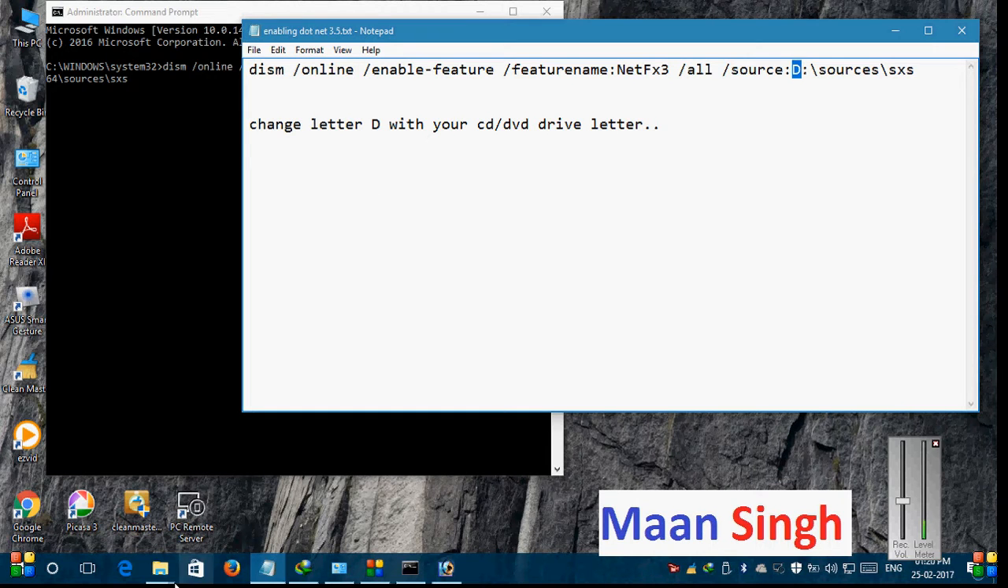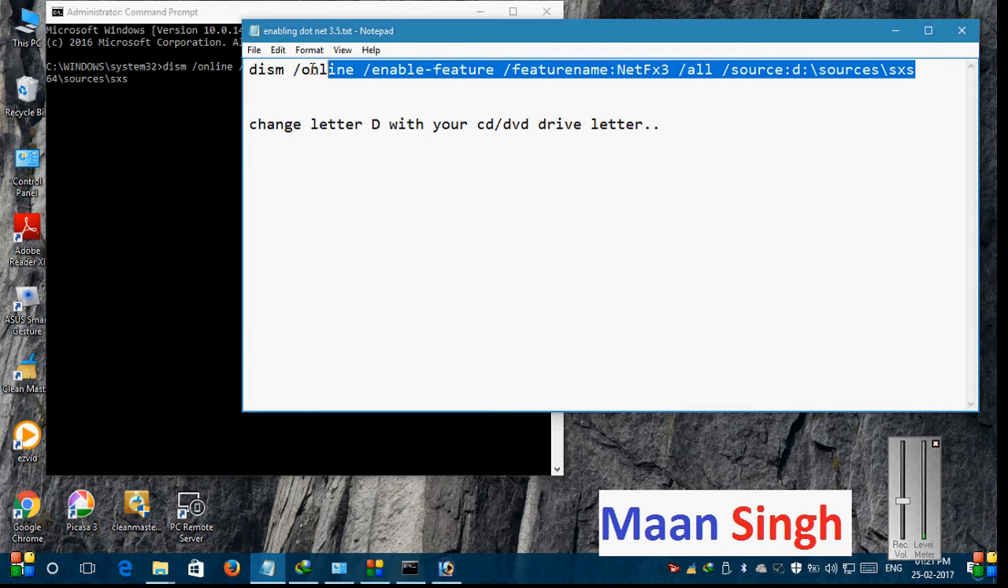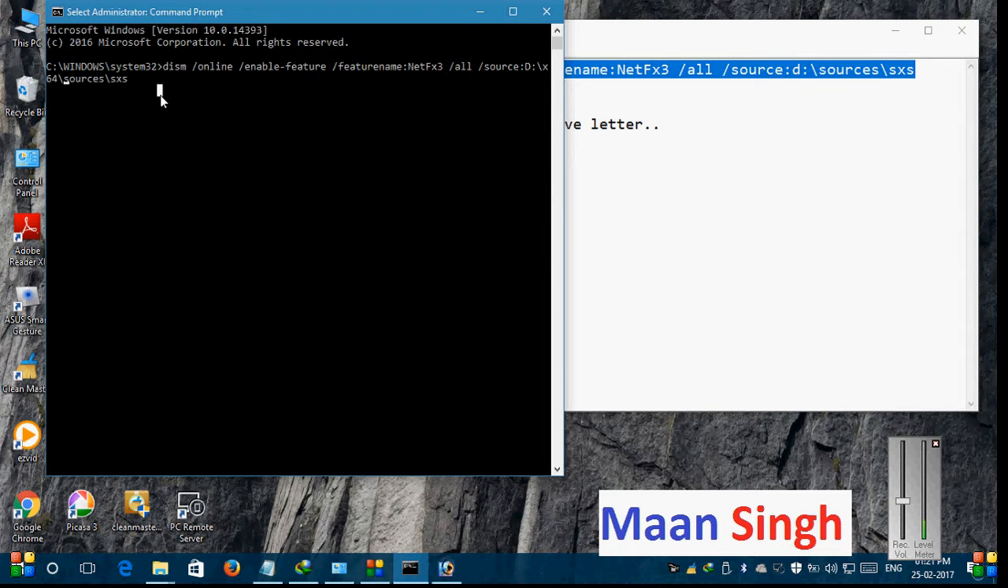So whatever your drive letter is doesn't matter. According to your drive, change the drive letter here. If your drive is mounted on E drive, simply replace the D with E or any other letter. In my case the drive is D, so I pasted source:D. Then after pasting in the Command Prompt, press Enter,